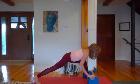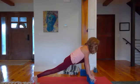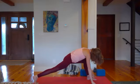Blocks are nice to have and they're handy. Just put a block on either side, if you have one. It looks like this. If you have a water bottle, you might be a little bit higher. Any of those options work. Now pause here